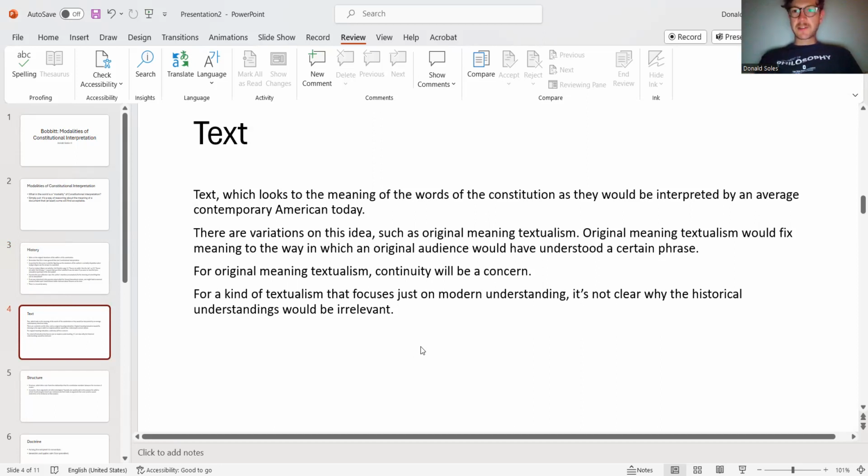So when we think about the Constitution, think about when it was first promulgated, when people were first learning about what it meant. And if that audience would have understood the law in a particular way, you might think that that kind of understanding would be good evidence about what the text means. Supposing that we don't have the right access to the author's intention or something like that.